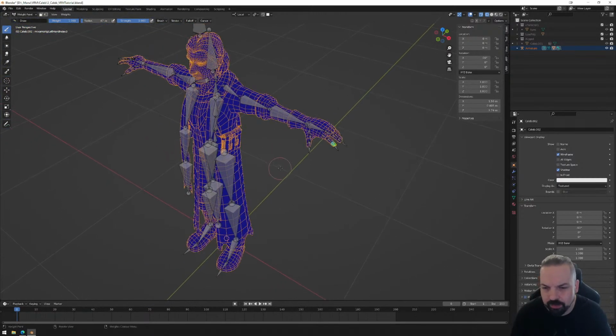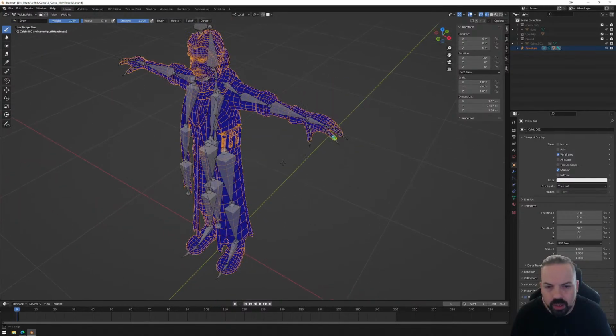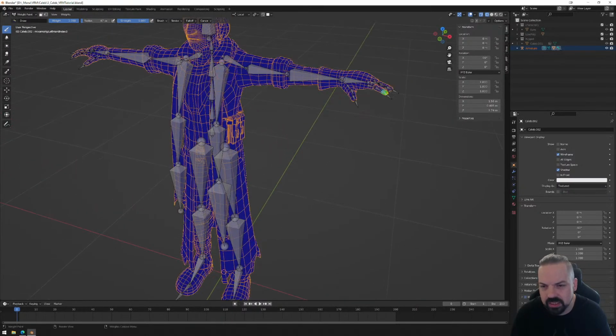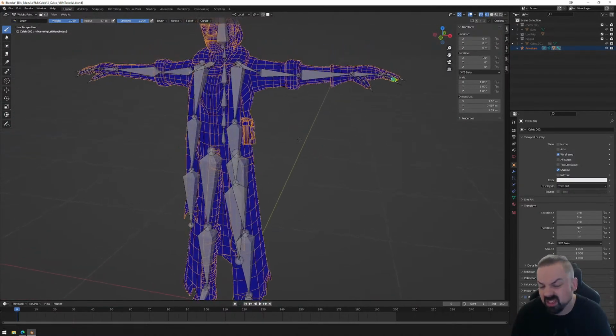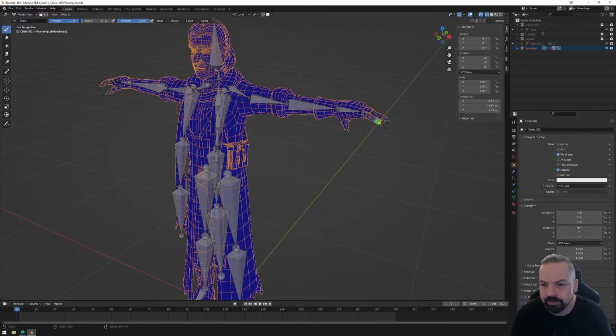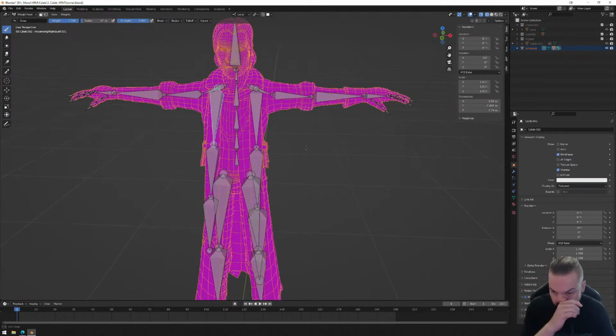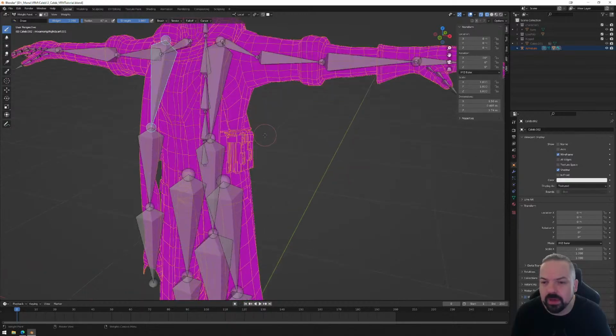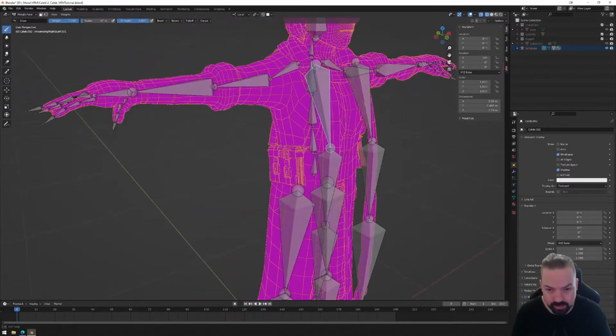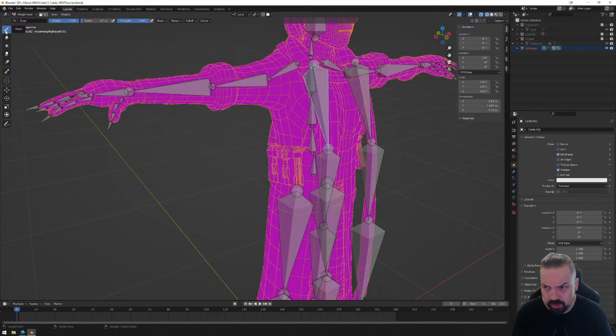So maybe I'll look into that, but not too worried about that for now because I just want to focus on this, because the information is the same with how you do it. So, click on the bone you want. Now, if I want to paint something, we have the brush here, we have weight, like how strong do I